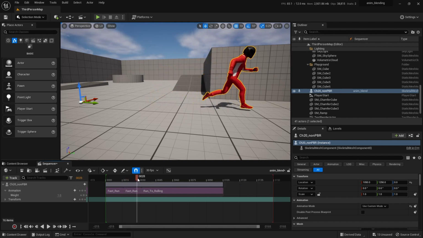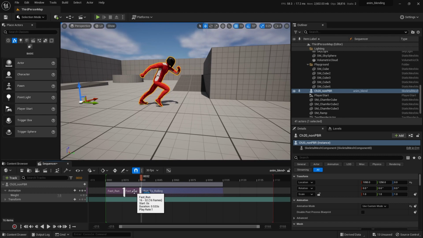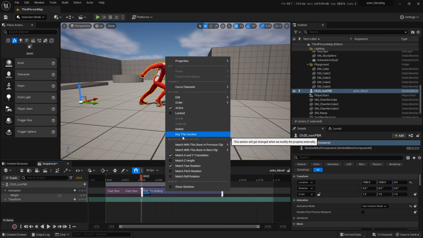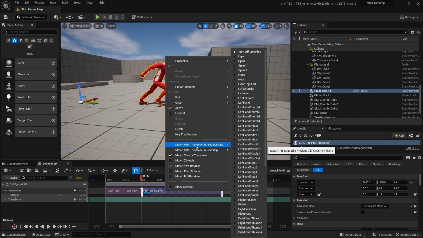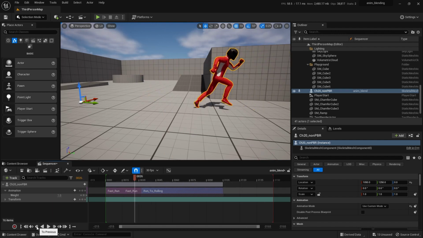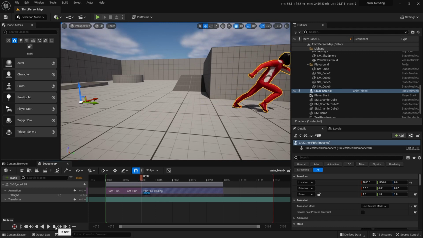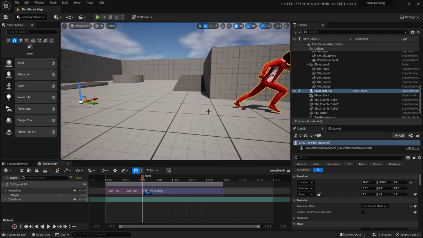So when we get to the end of it and we say let's start another clip, it also starts at this place. So what we need to do is do another bone match on this third clip to the previous clip. So we're going to right click. Let's try hips again. It's going to kind of depend on where those animations line up. So let's just give it a go. We'll try hips. And let's back up a few frames, and forward a few frames. Now you see he's planting his right foot, but the animation of the next clip has him pushing off of his left foot.